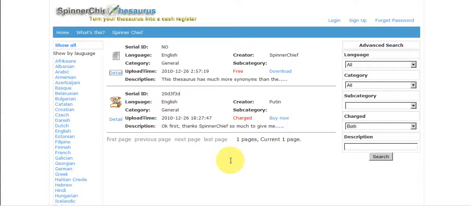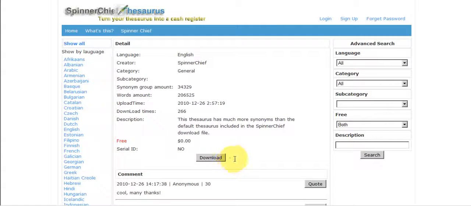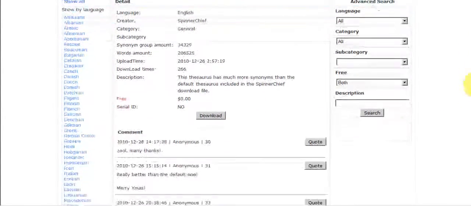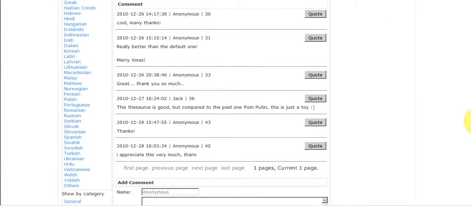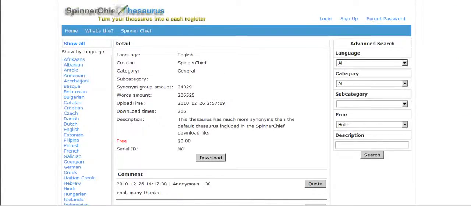And this one is the extra one that you can download from the forum that many hundreds of people have already done. So you just hit the download button and you can get it free. And in fact, many people have made comments already on it.